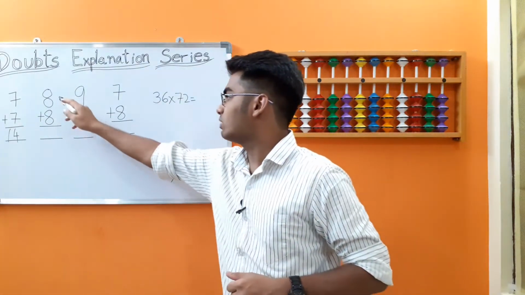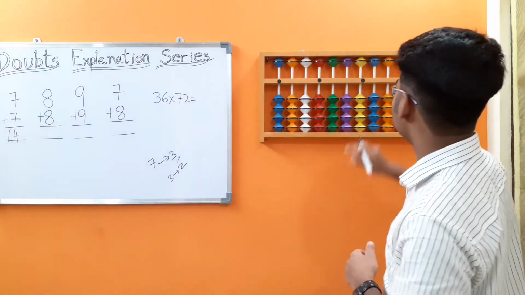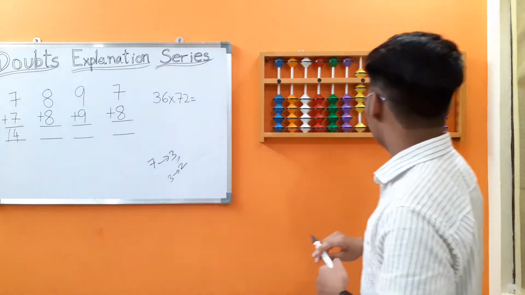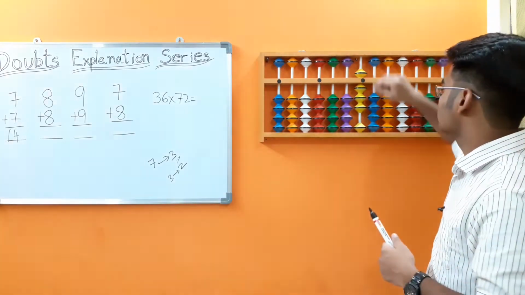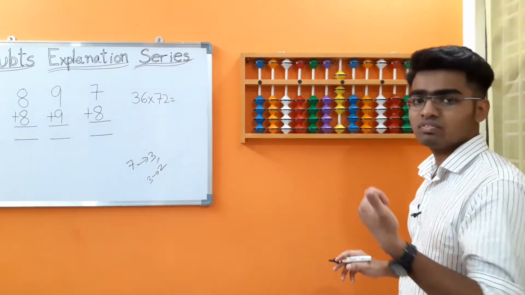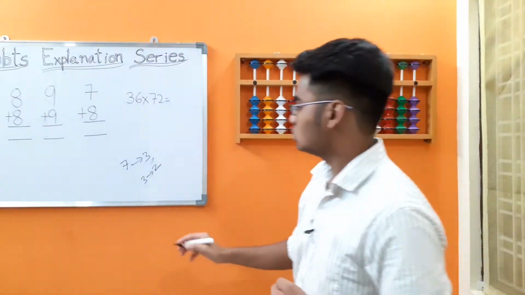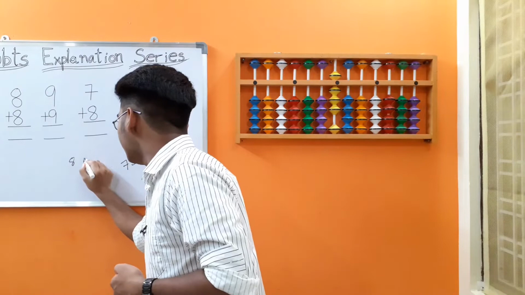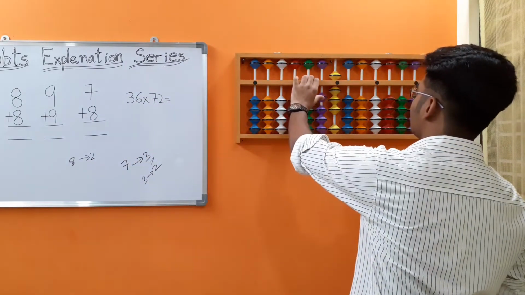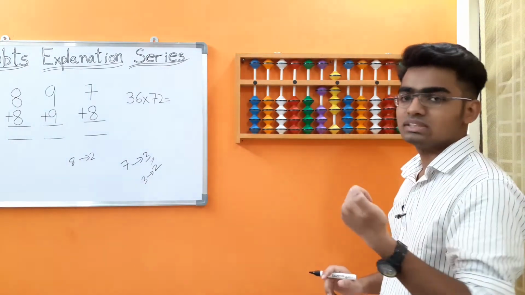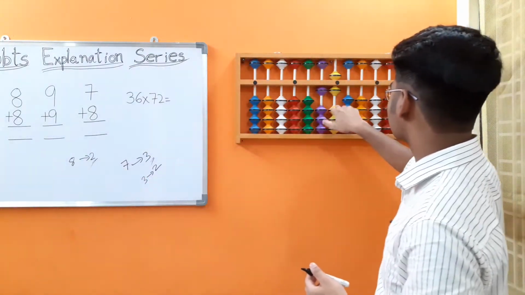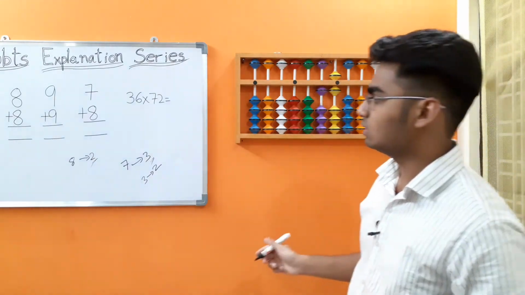Next up, we have 8 plus 8. Let's place 8 on the abacus. Now we have to add 8. We only have 1 bit at the lower end and also 5 is occupied. Now we have to make use of big friends concept. In big friends concept, 8's friend is 2, right? Add the boss 10 less 8's friend 2. Got the answer as 16.